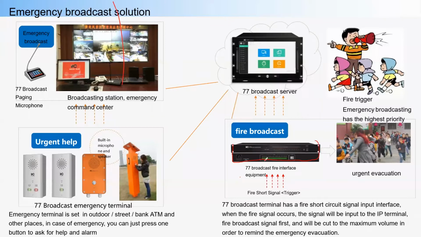There will be many short circuit inputs here to integrate with the fire alarm system. Once a fire short signal gets into this device, this device will trigger the server, and the server will play the preset audio file or evacuation audio file to the public, to realize